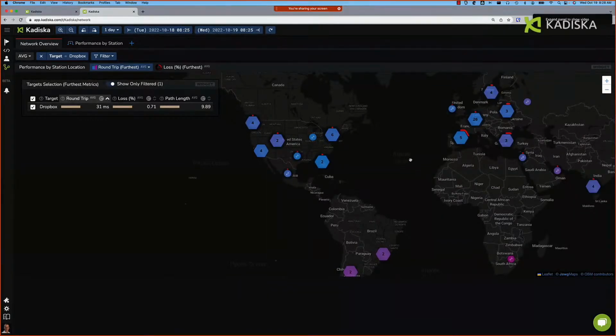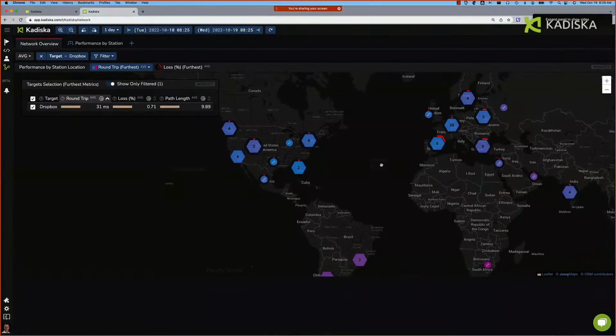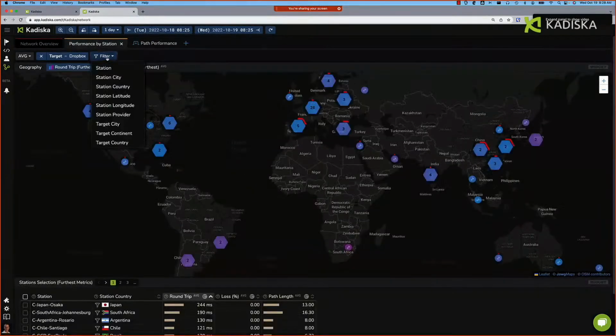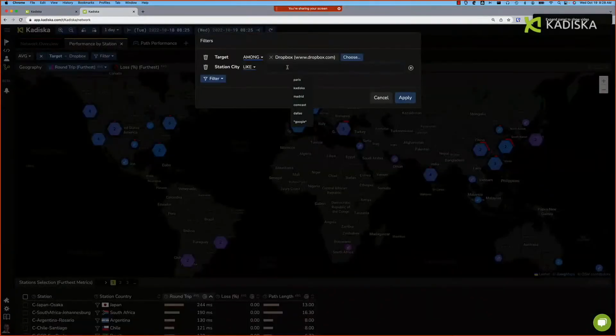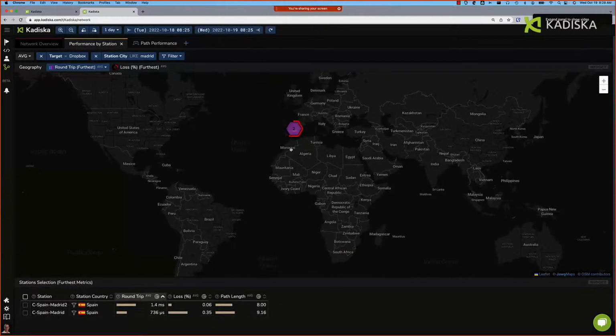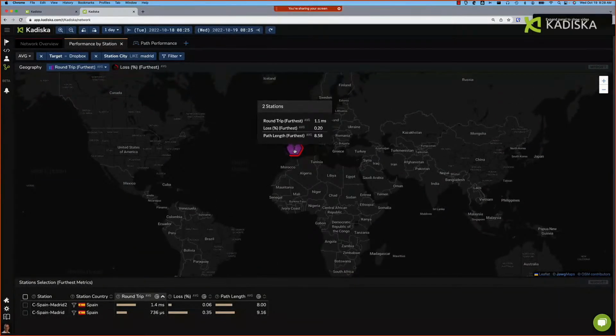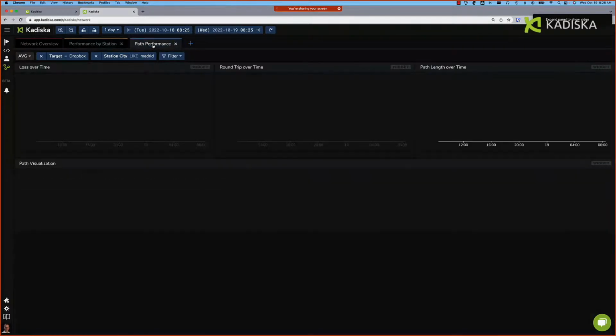If I want to focus in on a particular SD-WAN site, we're going to take a look at all the different stations there. I think what I'll do is look at one site that looks like it's having trouble in Spain. So we'll take Madrid. We have 2 SD-WAN underlays running here. If I wanted to see how that SD-WAN link looked from Madrid to Dropbox, we could do a